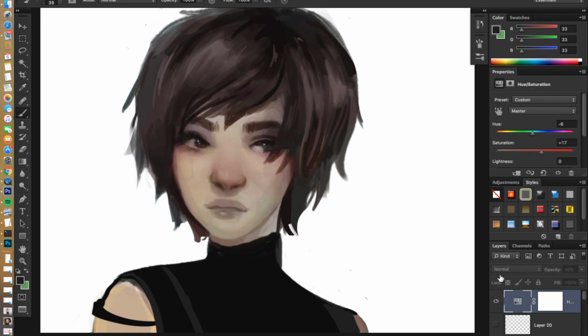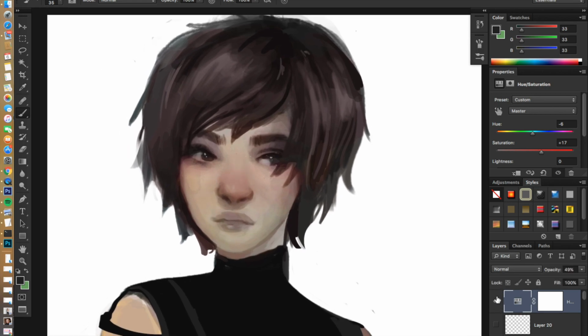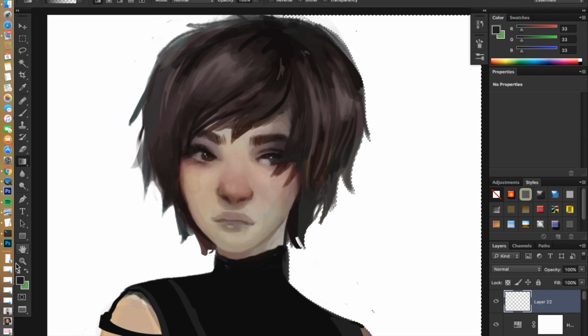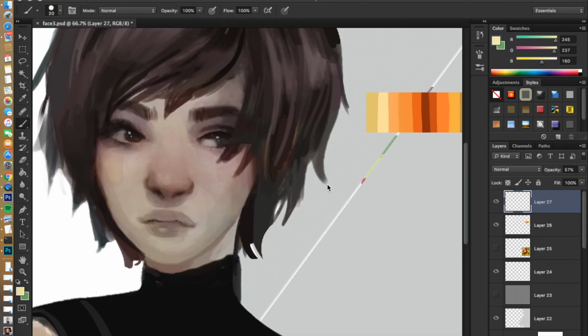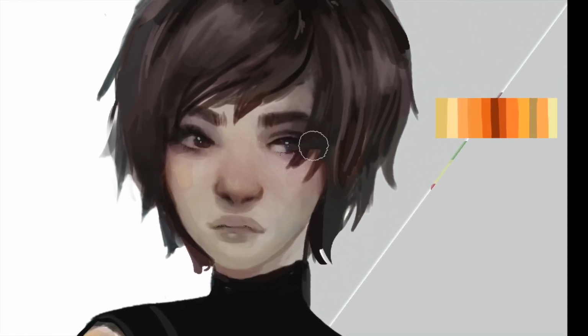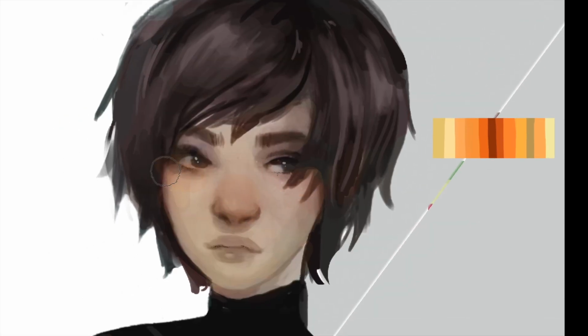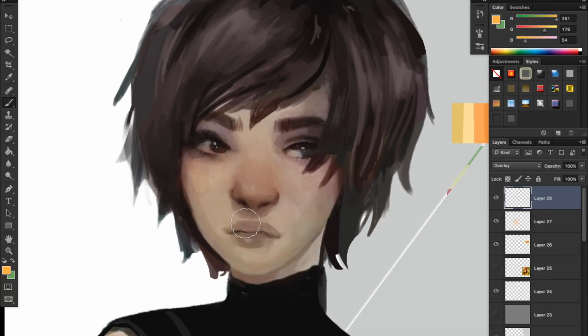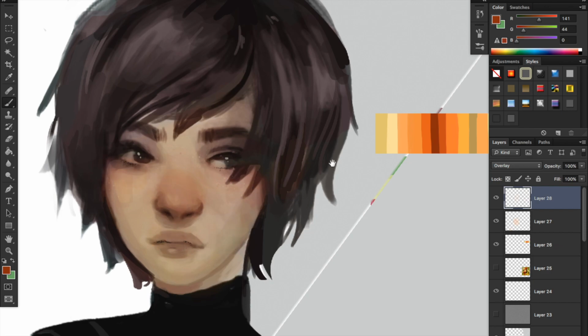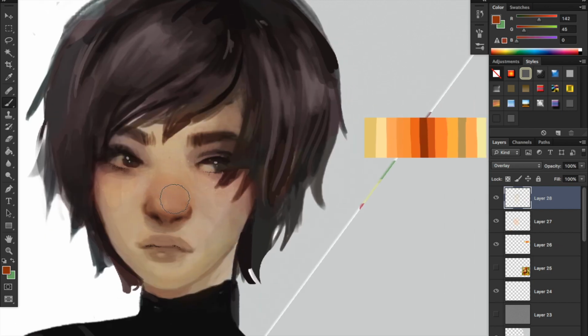So I hope this helped in your grayscale endeavors. I highly recommend it. Even just once, you'll see a really big difference. So to outline my method, I sketched it first, and then I painted it with grays and blacks and whites, mostly gray because it's grayscale. And then I used a soft light layer on top of that using a palette to punch colors onto it. And then after that, I did a normal layer, and I went over it all, as you can see right now, and I brightened it up. Everything on a very low opacity as to not get crazy. You can always change it later, but I find it's easier to build up than to go back.